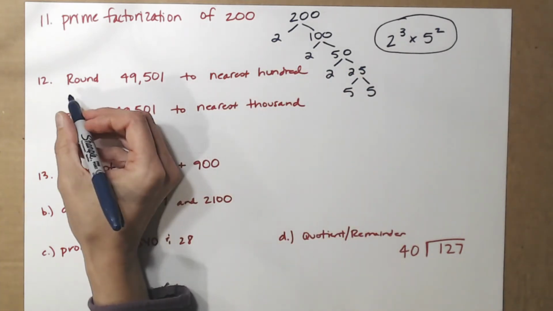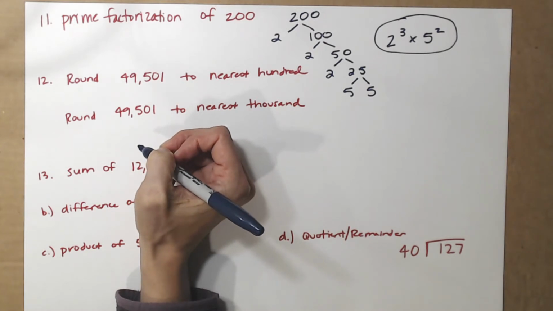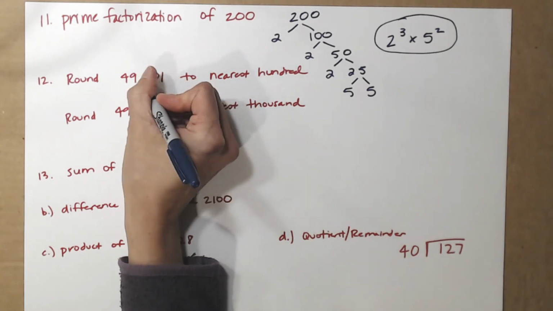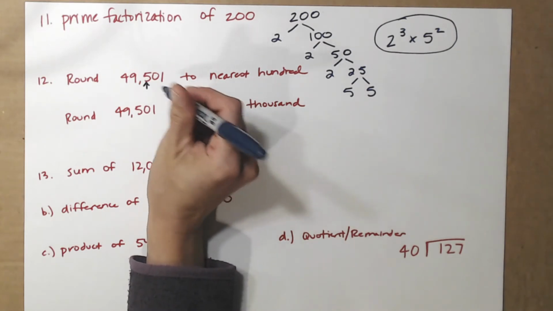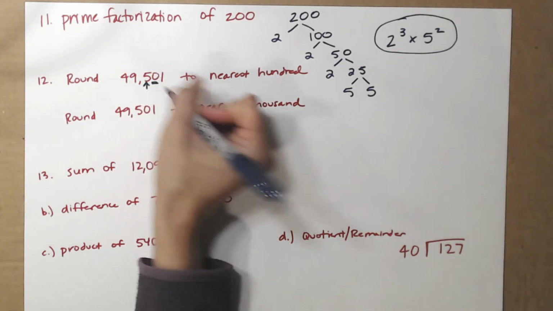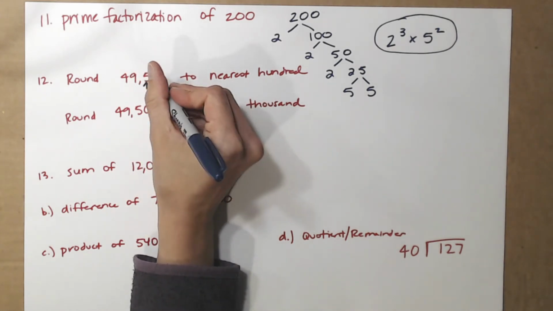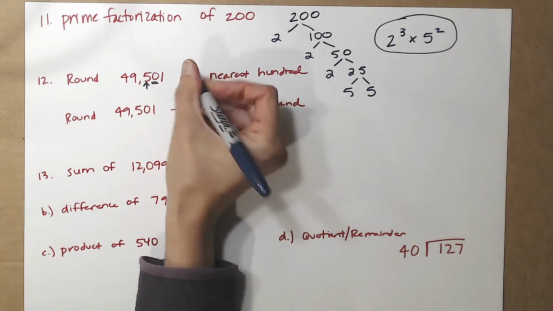Number 12 says to round 49,501 to the nearest hundred. So our hundreds place is here. So we'll either leave it as 500 or we'll go up to 600, and we look to the next digit to determine that. Since it's a 0, since it's less than 5, we keep it the same. So it's